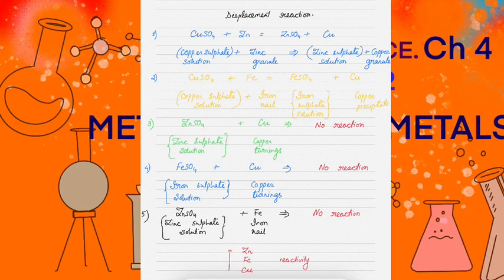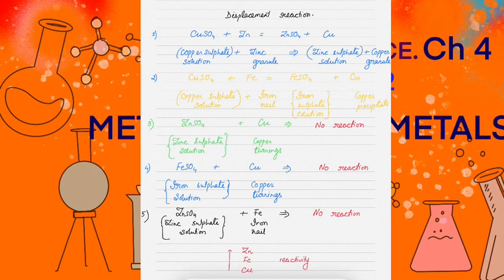In case of copper sulfate, zinc can displace, because zinc has more reactivity than copper. So zinc will displace the copper and take the position of copper in the solution, and the copper will be displaced. It will be kicked out. So we will find copper in the form of granules now. Now the solution color will change. Next one is iron. We will put iron in copper sulfate solution. Iron also displaces copper from the copper sulfate solution, because iron is more reactive than copper.